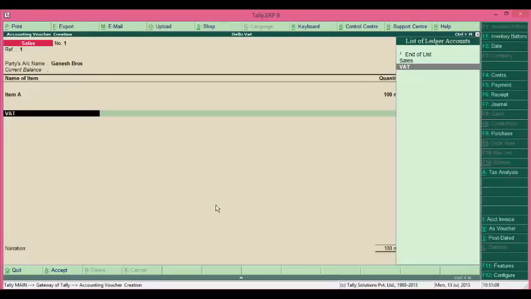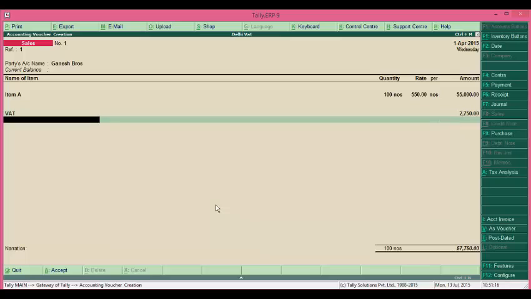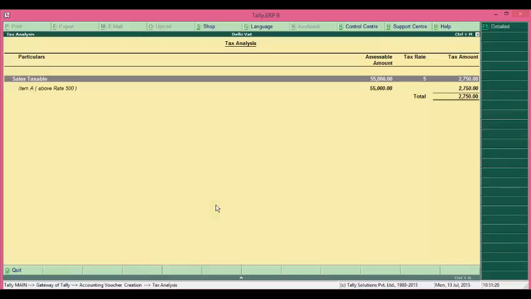You can see the VAT is getting calculated based on the rate. Since rate is 550, it is picking up 5% as the VAT rate. You can see the same in the VAT analysis. Item A above rate 500, percentage is 5. Right?